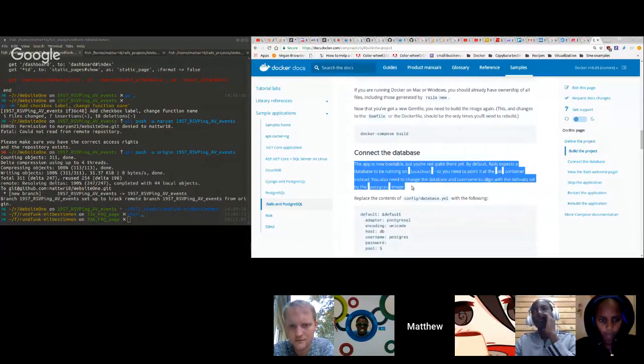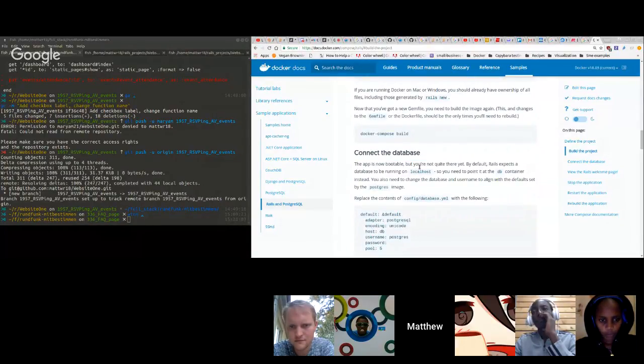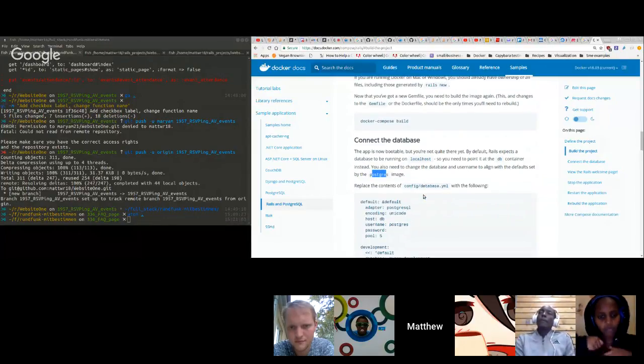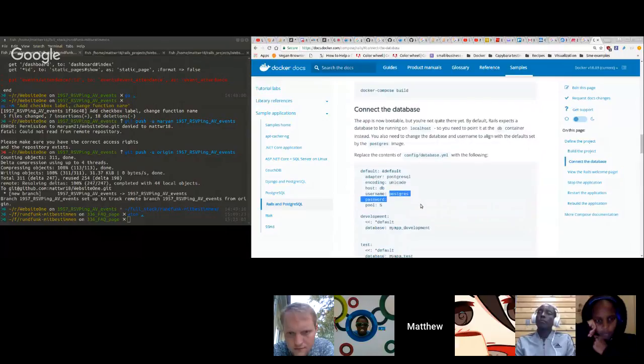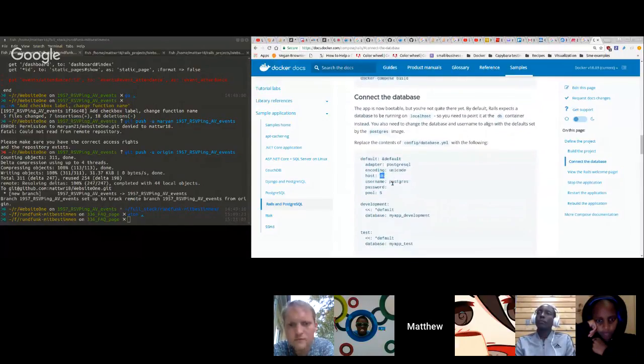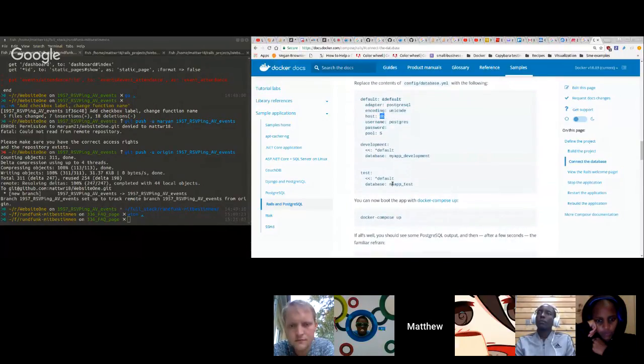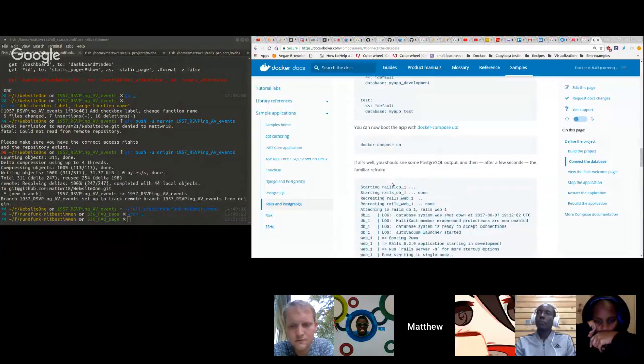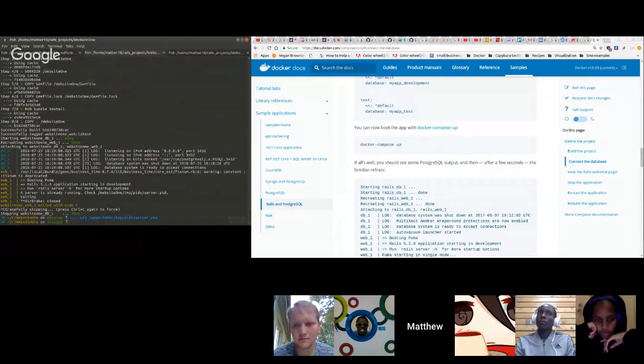But then it says about connecting to the database. So it's now bootable. By default, Rails expects the database to be running on localhost. So you need to point it to the DB container instead. You also need to change the database and user to align with the default set by the Postgres image, which are postgres with no password, and with the host DB. So that's how I did it, and was able to get it up and running and working, and everyone was happy and got it merged in. And then I found out that now, if I am here, for example, and I say